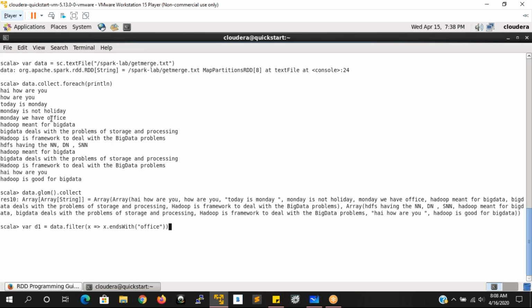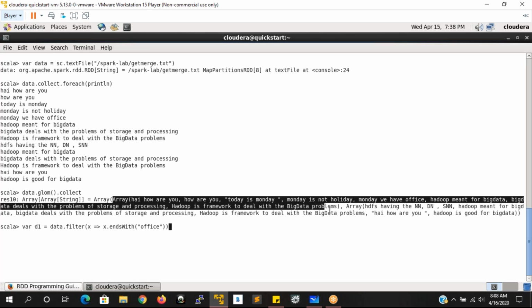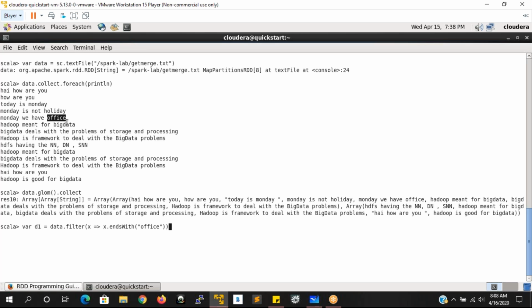Here we have one office ending. So this office ending, which partition are we having? First partition. In the second partition, there is no element which ends with office. Correct? Now, how many partitions is it going to create? partitions.size, 2.